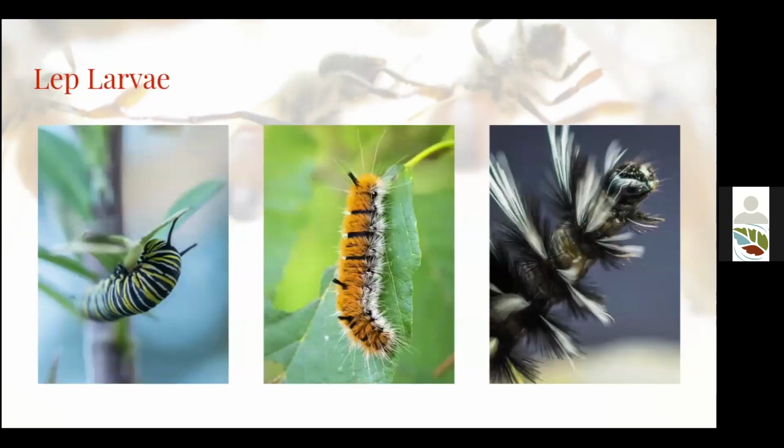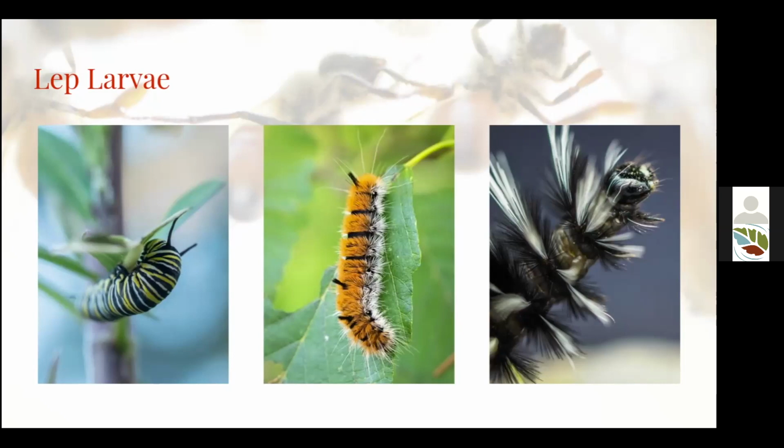Okay, so butterflies and moths all have these free-roaming larvae, or caterpillars, as you may be more familiar with them. When supporting butterflies, it is important to have blooming plants that they can nectar feed from, but also host plants that their larvae can eat. These host plants are where the females will lay eggs. Those eggs will hatch and the caterpillars will eat the leafy material of the plant to grow.